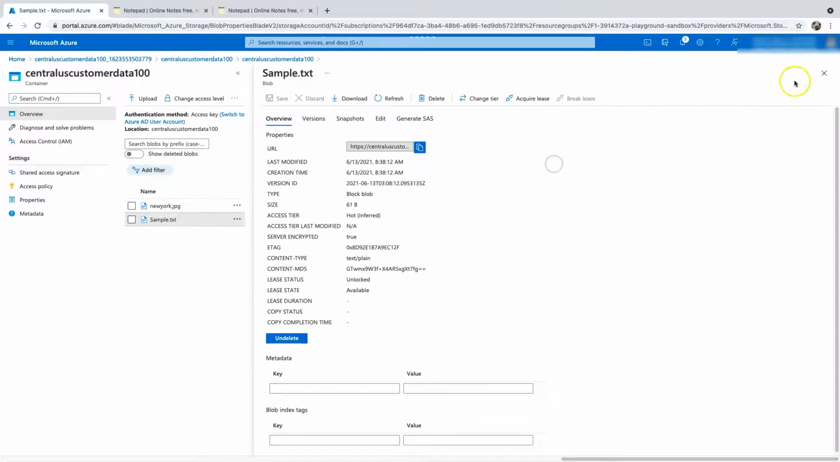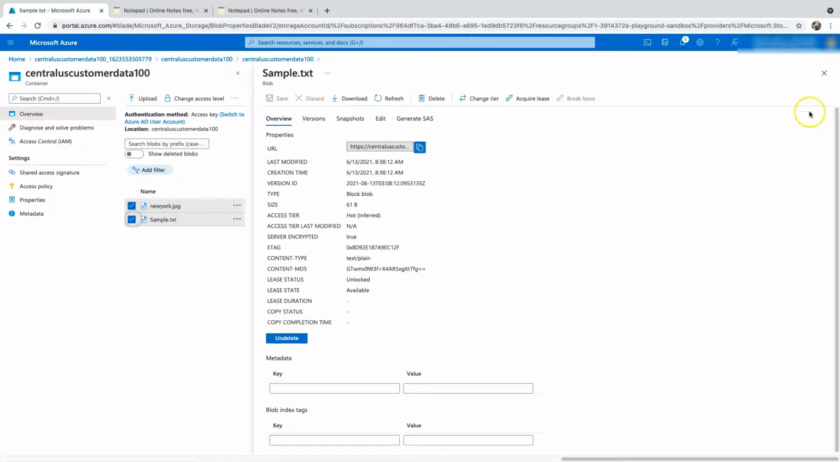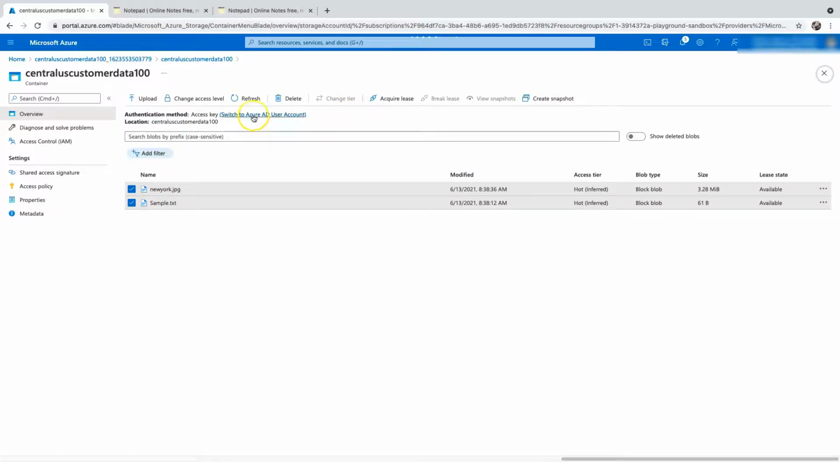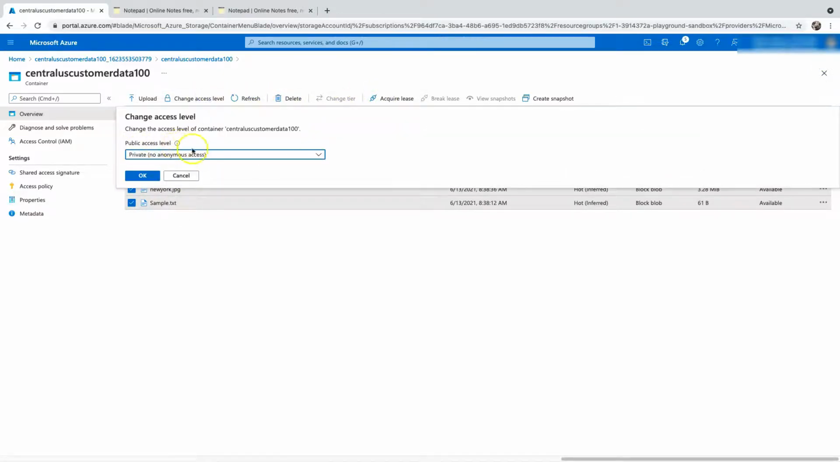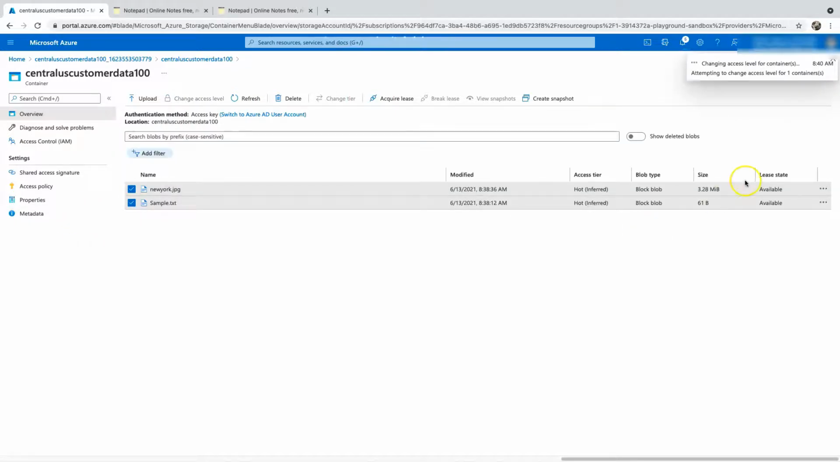So you can see that this is erroring out. It says that the source does not exist. This is because we made sure that the access level is private, with no anonymous access. So let's change that back to public access, and then I'll show you some other cool features that we have inside this blade. We can move that back to blob anonymous read access and click OK,